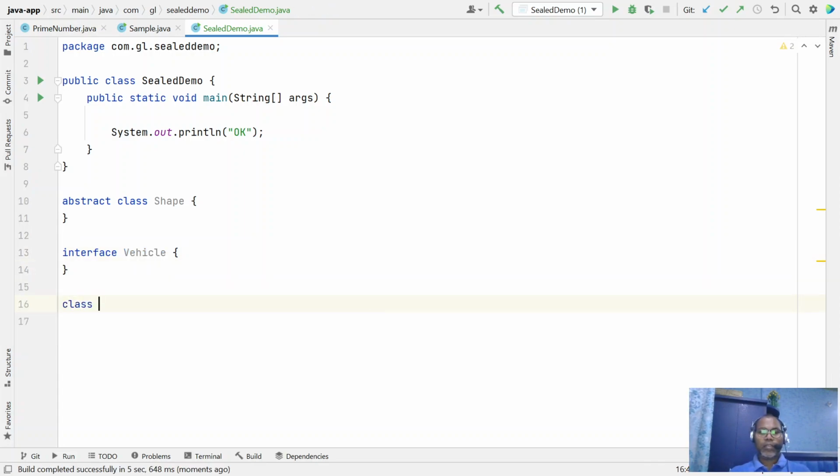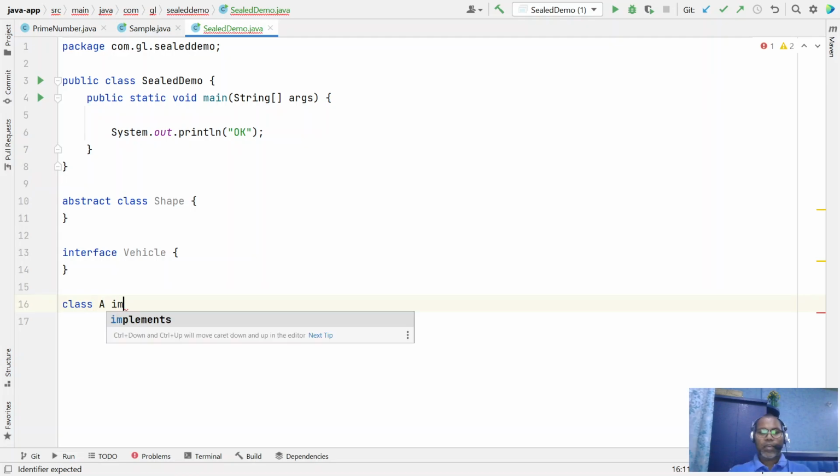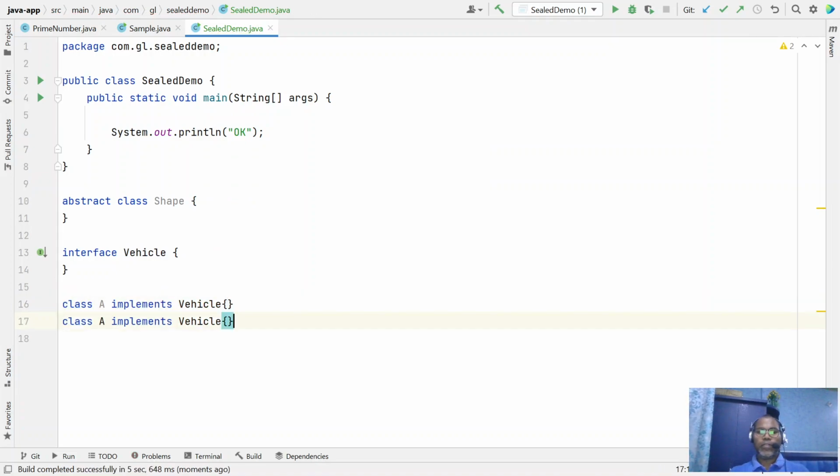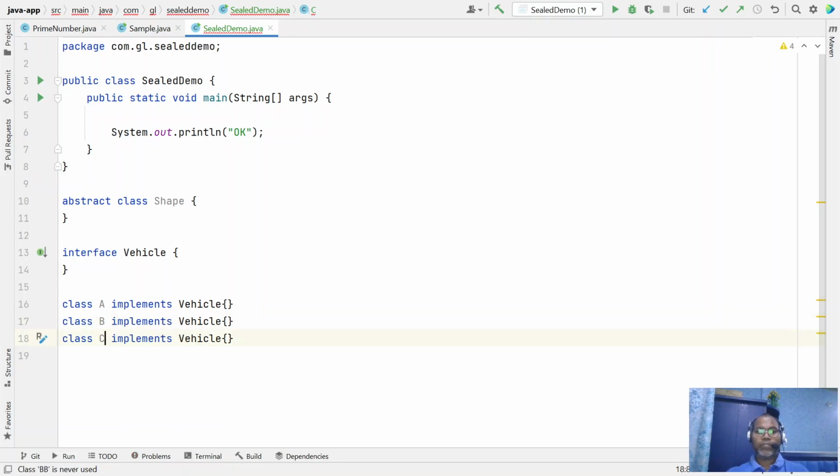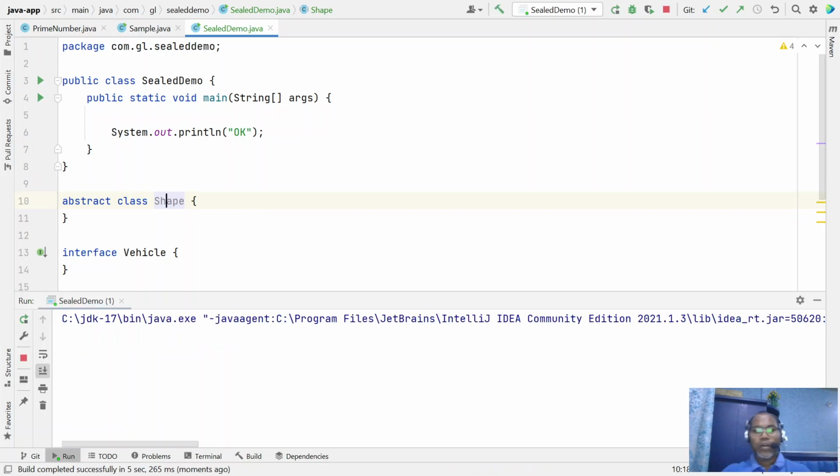Any number of classes can implement it, like class A implements Vehicle, maybe class B implements Vehicle, maybe class C implements Vehicle. No restrictions here. Till now we have not applied any kind of restriction on the inheritance hierarchy.